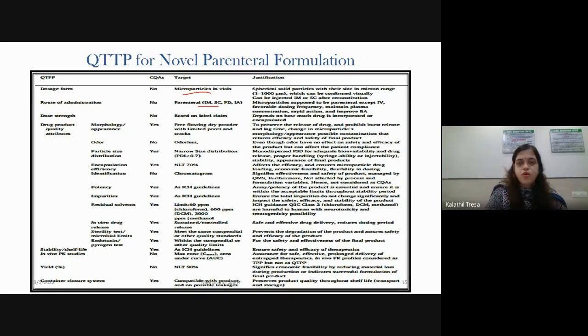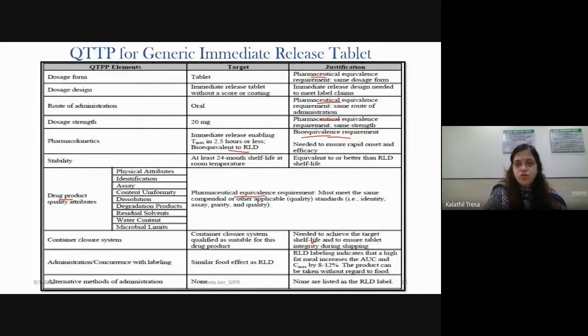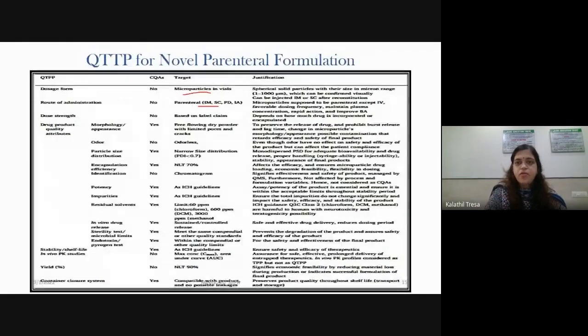The justification for the generic was just that it has to be pharmaceutical equivalent, whereas here you have to justify it as per the research which you have carried out and what properties your dosage form should have at the end. Like release properties, how you're going to inject it, which type of action you require, the frequency.